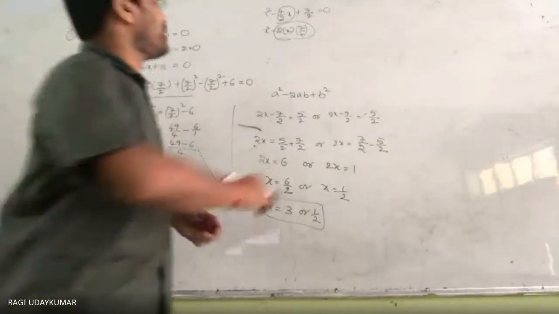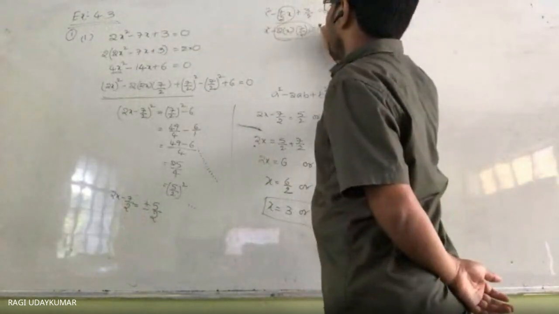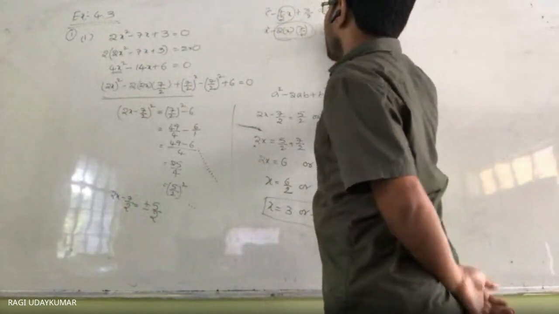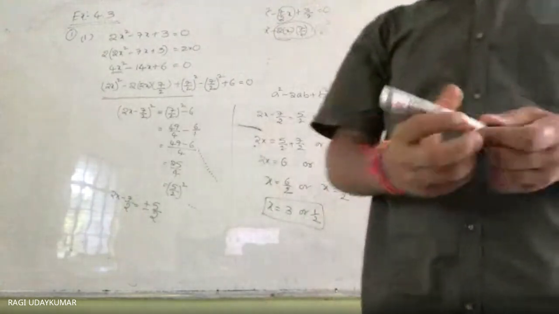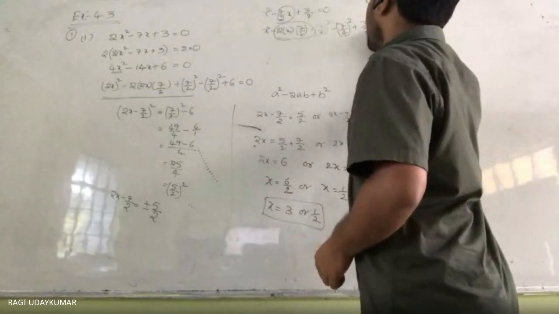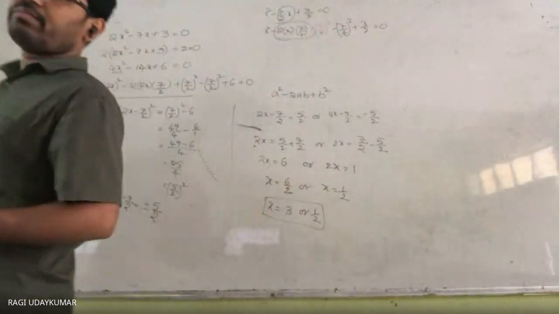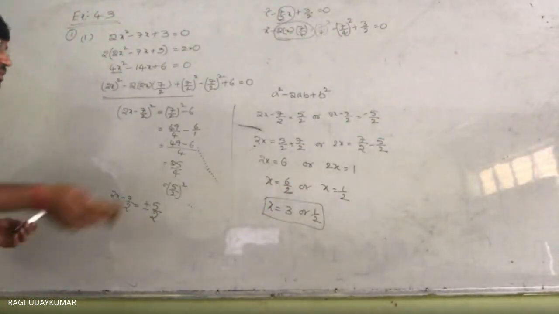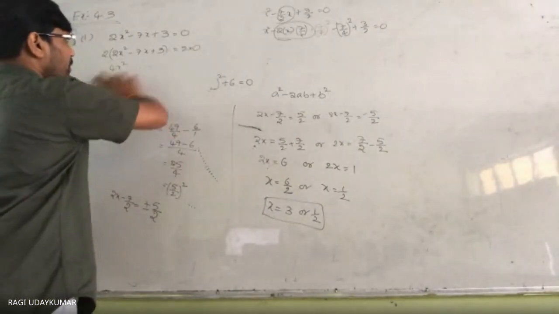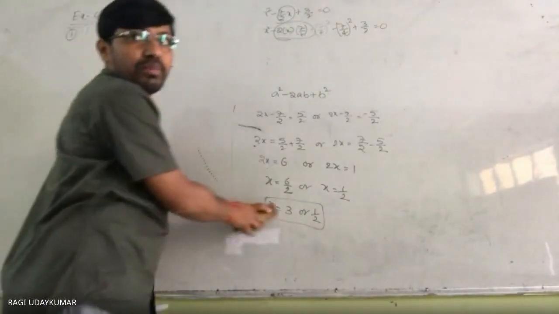Okay, so here, see here, I have divided this, then after 7/4, 7/4 I need to add here. So 7/4 whole square should be added, and 7/4 whole square should be subtracted. But we will not get another answer here. Plus 3/2 is equal to 0. इसको proceed कर लो, then we are going to get the same answer. Yes, sir. Okay. Now let us move to one more problem.